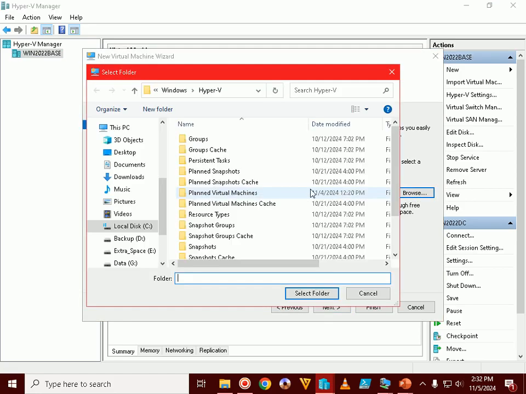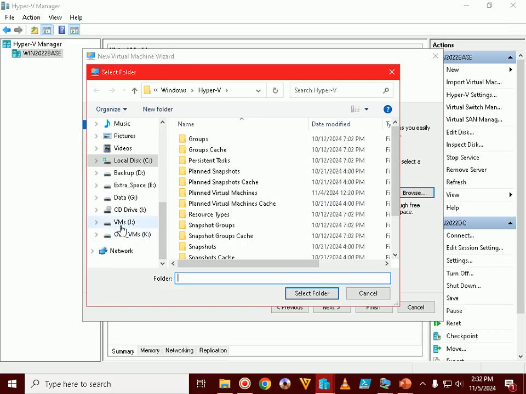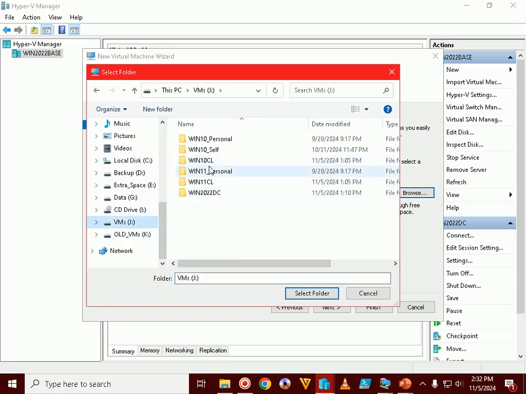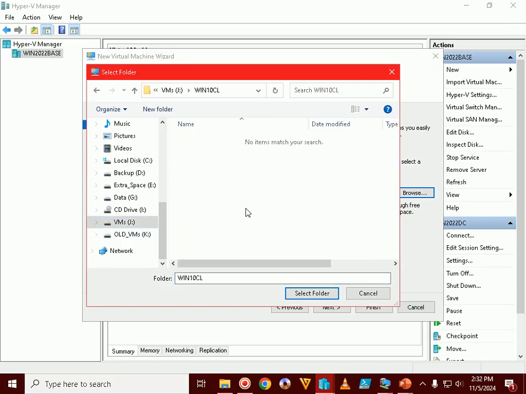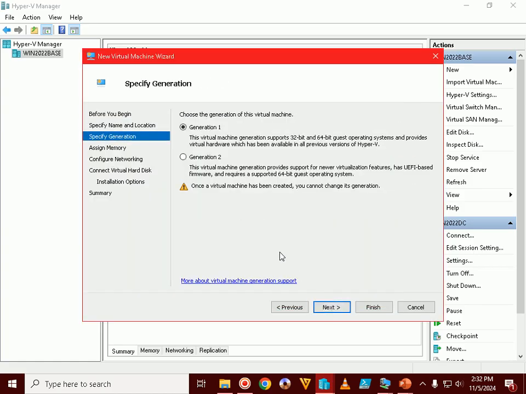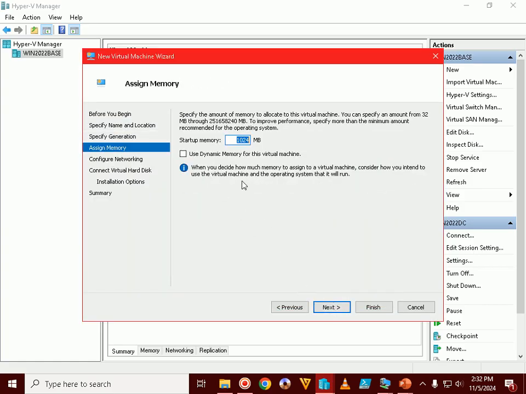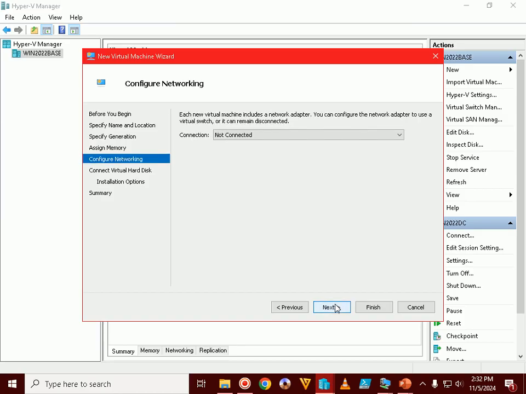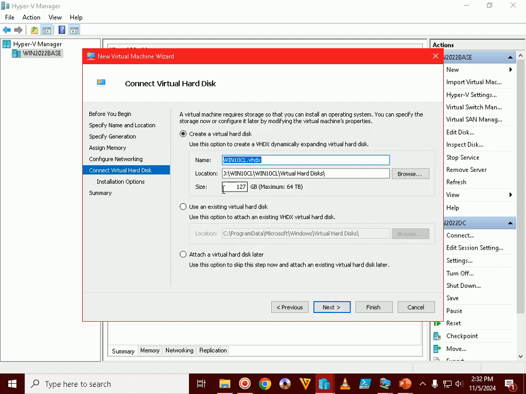Name will be WIN10 CL, and if you remember we have already created our folders in the J drive, so I will select that folder WIN10 CL, next, generation 2, next, RAM will be 16 GB, next, connectivity which is important for the Active Directory connectivity also, internal switch I will select, hard disk will be 100 GB, path should be the correct one,